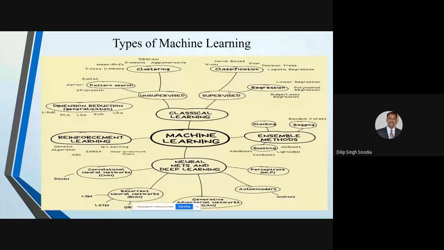The types of machine learning. As I already said, machine learning is a very large field, and it's not just a subject, we can even say it's a discipline. In many universities, programs have already started in AI, data science, AI and machine learning, such types of BTech programs. Somewhere people have not even realized what computer science is. But in computer science there is artificial intelligence. In artificial intelligence, learning is one task, and learning is a well established discipline.